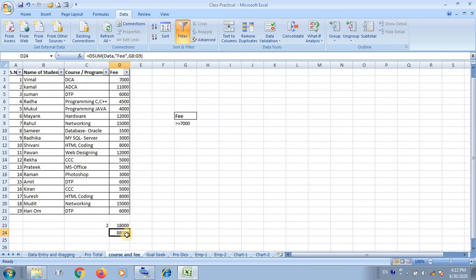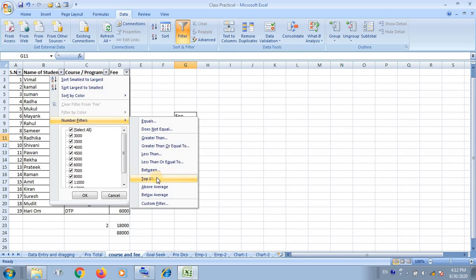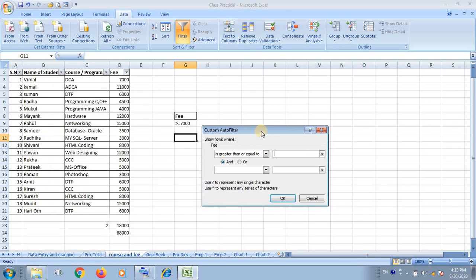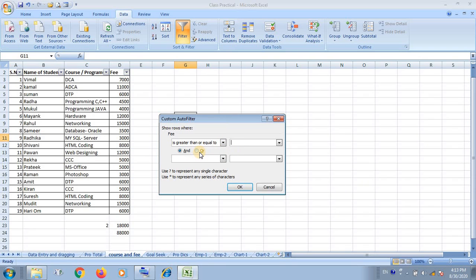And if I want to see how many students have joined the course where the fee is more than or equal to 7,000, we have to go here and select the condition for filtration of the data, like here you are looking, greater than, equals to, greater than and equals to, both.